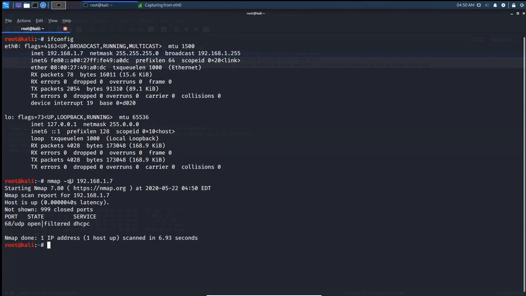UDP is very fast, and it is used in some famous streaming services like Amazon Prime and Netflix, whereas the TCP protocol is used for FTP servers, like file transfer protocols, which is used to transfer files safely in an encrypted way.